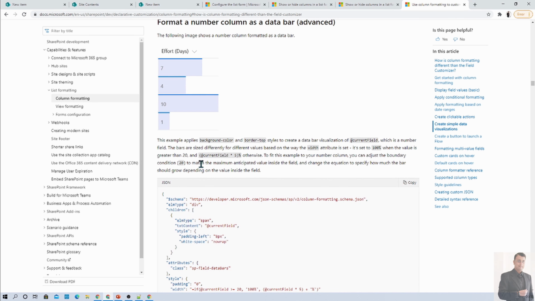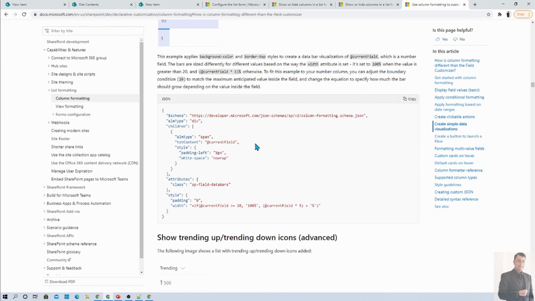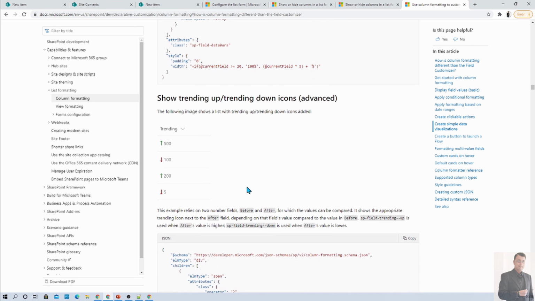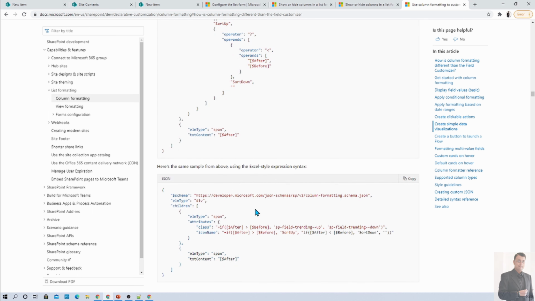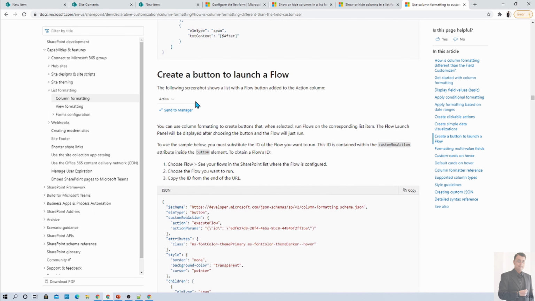Now this type of graphical representation is also supported here. You just need to use this type of JSON structure. After that you can also show trending up and trending down icons, so choose wisely. And after that, one most important thing: to trigger the flow and launch the button.